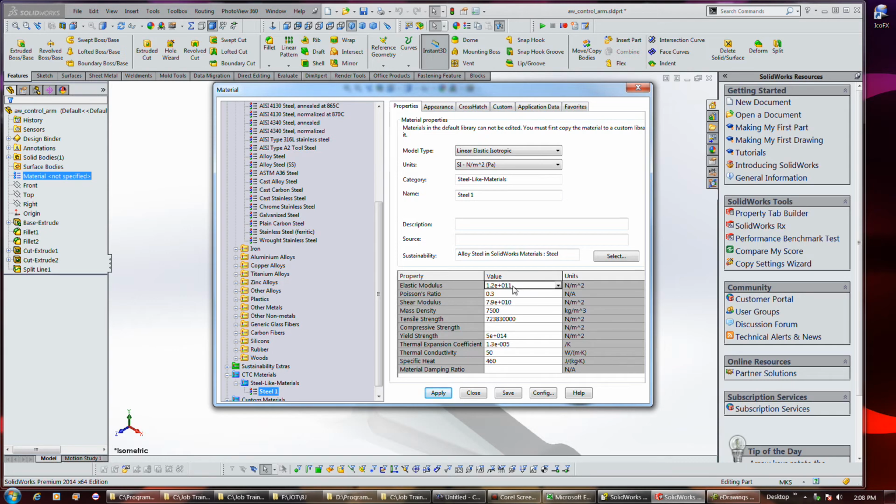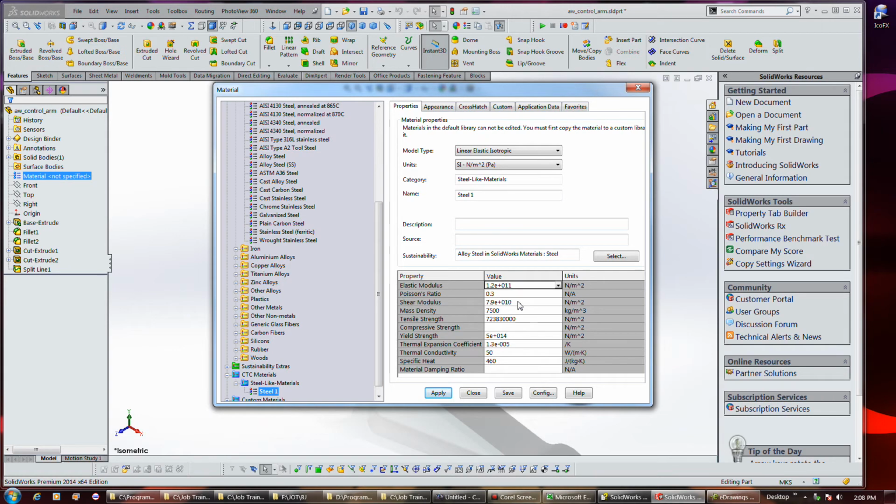That was set wrong. Poisson's ratio 0.3. Actually, I forgot how you pronounce that. It's not Poisson. Anyway,